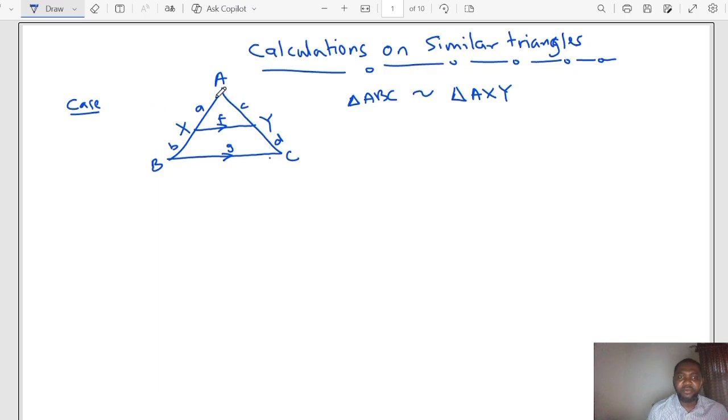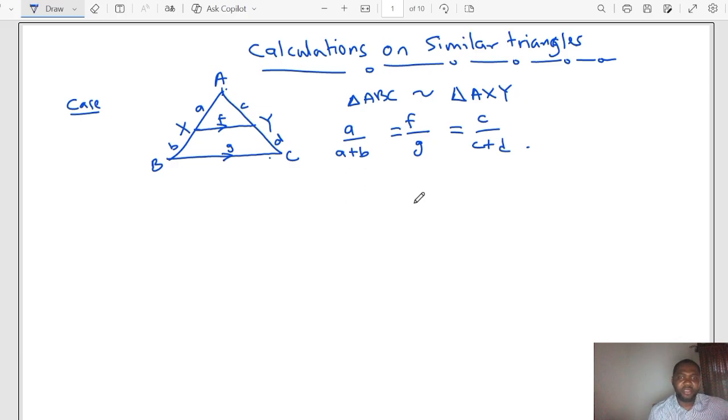For example, AX here, the corresponding side is AB for the bigger triangle, and that AB is a plus b, is equal to the side here F, the corresponding side in the bigger triangle is G, equal to the small side here C, the corresponding side of the bigger triangle is C plus D. You see that? So once you know this,